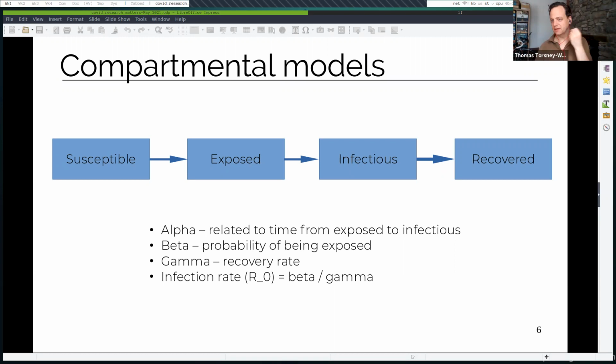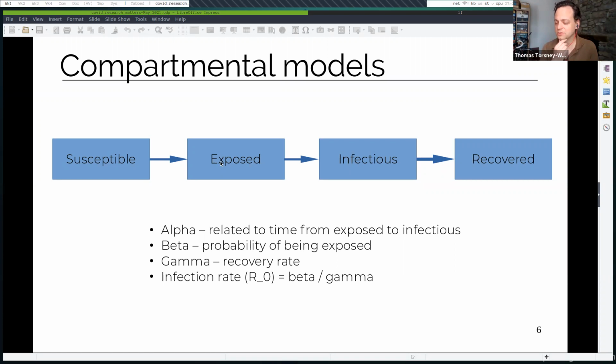Susceptible, if you think about it in terms of COVID, means you have not yet had COVID, so you are susceptible to getting the disease. Also, now there are vaccinations, so you haven't been vaccinated. So essentially it means you can get COVID. Typically when these models start, most people are susceptible because most of the population is not infected. Then somebody who has COVID